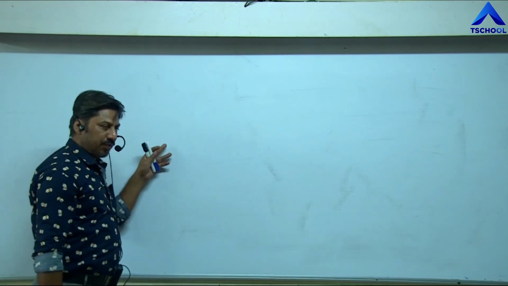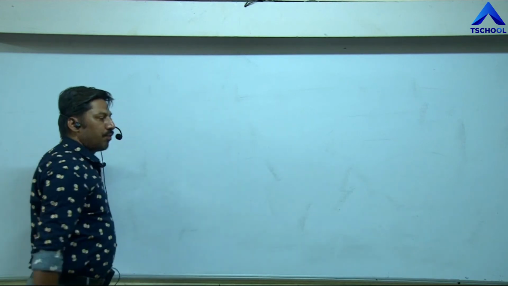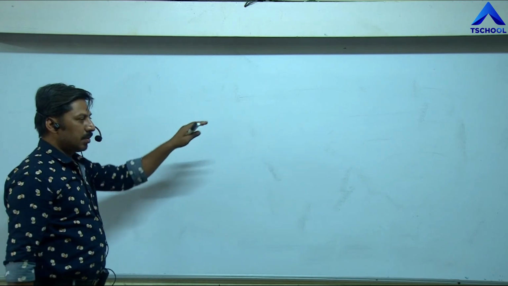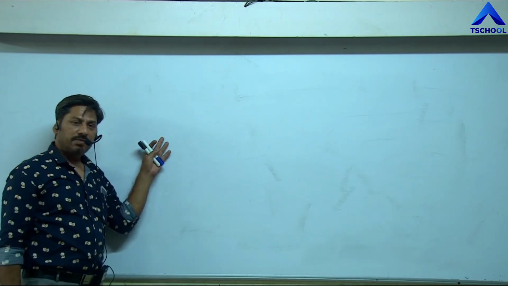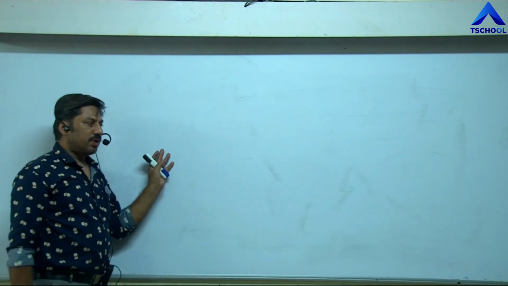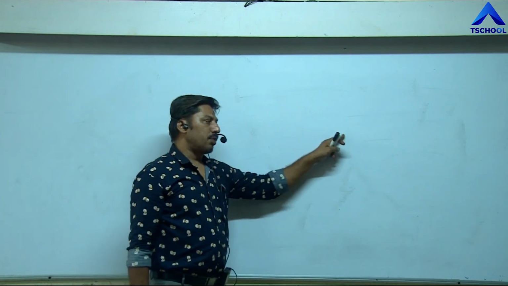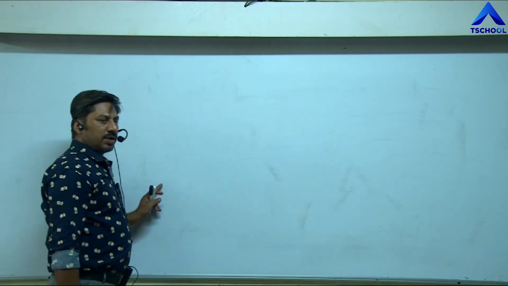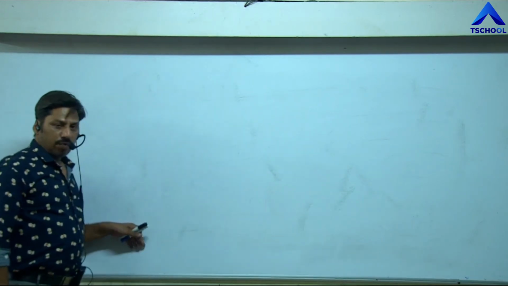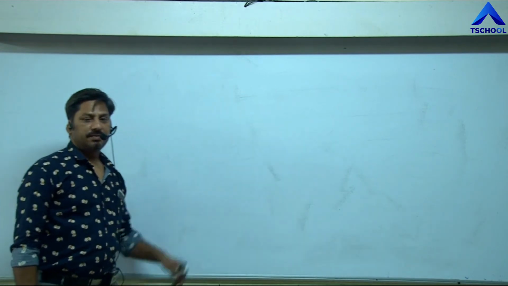In sequence, first of all we have to find out capital employed. Formula is asset minus liability. Second is expected profit, capital employed into rate of return. Third, average profit, with two formulas: total profit upon number of years or total weighted profit upon total weight. Fourth is super profit, average profit minus expected profit. And last, goodwill is equal to super profit into number of years purchase.